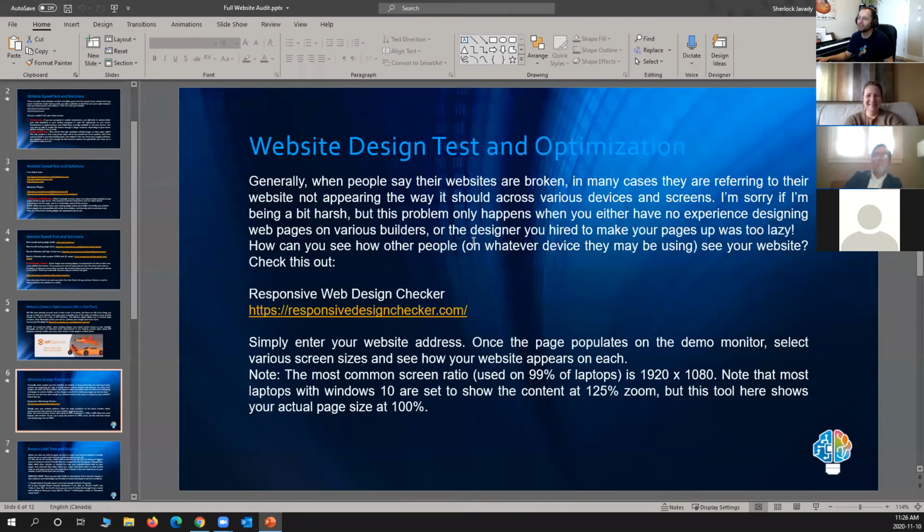True story. Okay, guys, last thing. We have already discussed this once, but just as a reminder, when people say my website is broken, most people, no offense, don't even understand how a website works. So how do they know it's broken? They're not referring to the website itself. They're referring to how people see their website. So if everything is on top of each other, people say, oh, my website is broken.